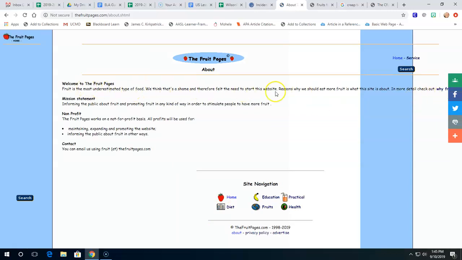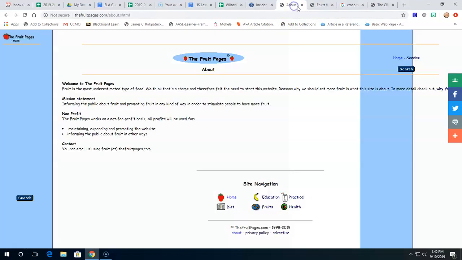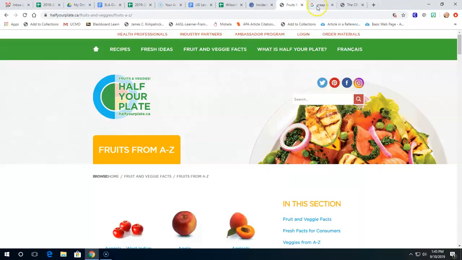Again, the site doesn't look very professional. They have a mission statement. They say they work as a nonprofit to promote their own website. And I still know nothing about these people. If I'm choosing between these two sites, clearly the fruit pages has got to go.